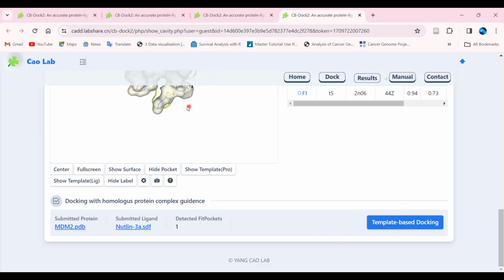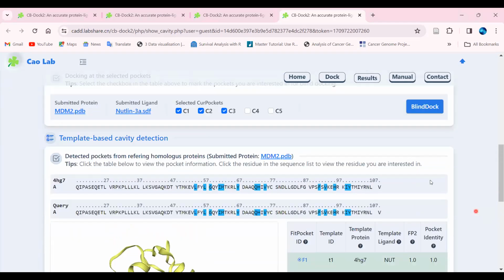There are two approaches. Okay, as you all can see, this is the approach over here, that is template based docking. And there is one more approach, which you all can see here, the blind docking.